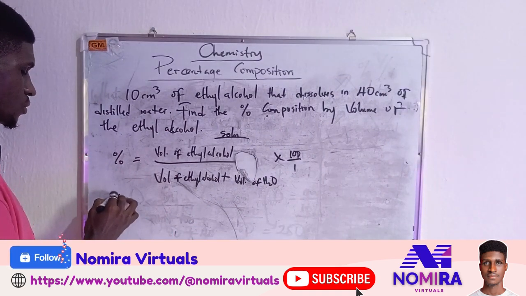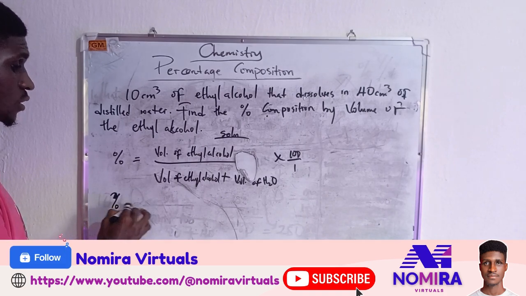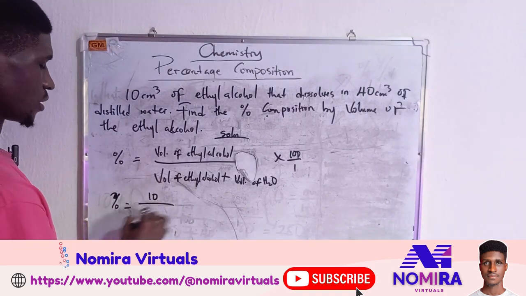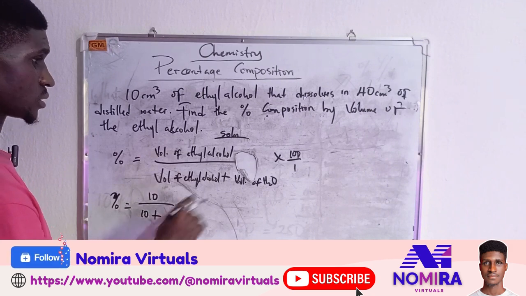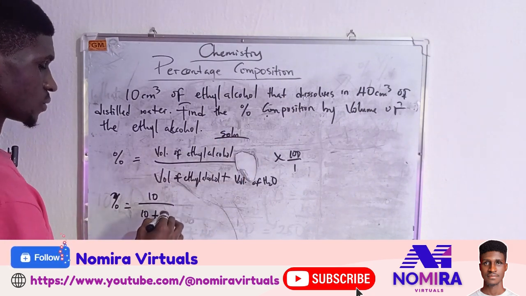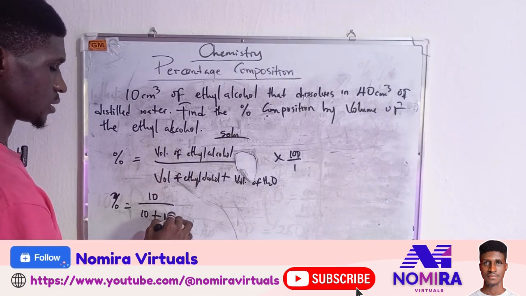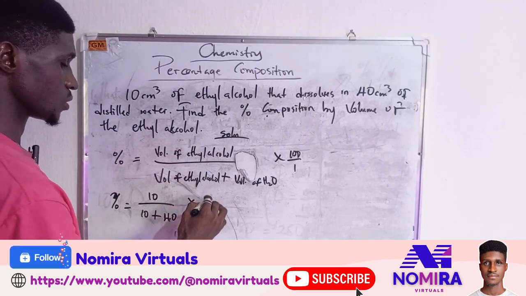So the percentage will be equal to 10 over 10 plus the volume of water given to us here, 40 cm cube, times